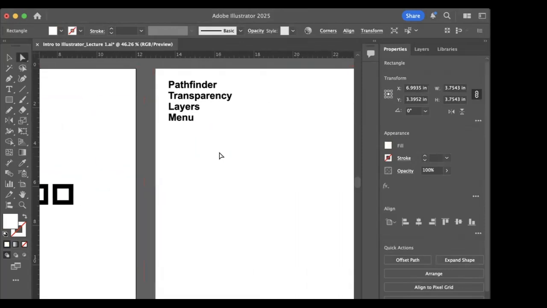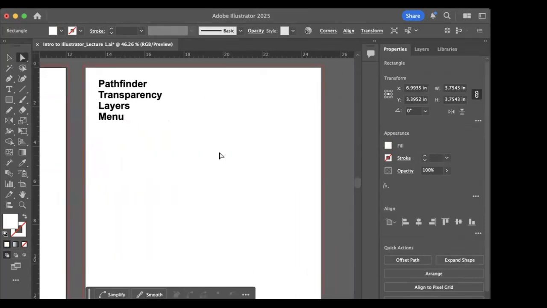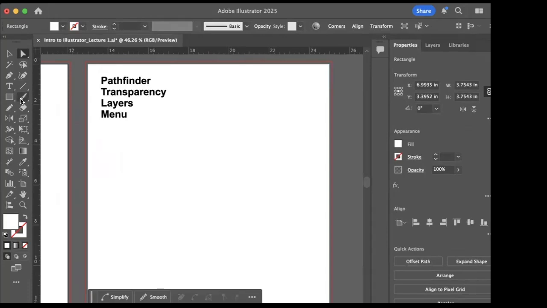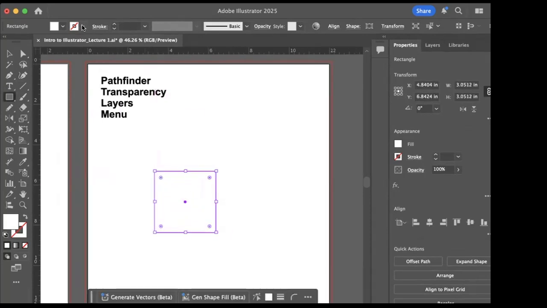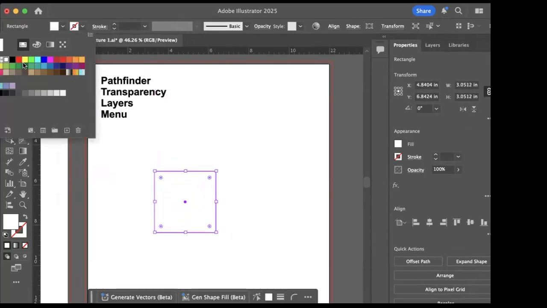So let's move on to Pathfinder. And I think I always get too much into a class so that it's not enough or it's too much. Let me get over here. I'm going to choose a shape. Just going to make a rectangle, and I want to make this a color, and I'm going to put